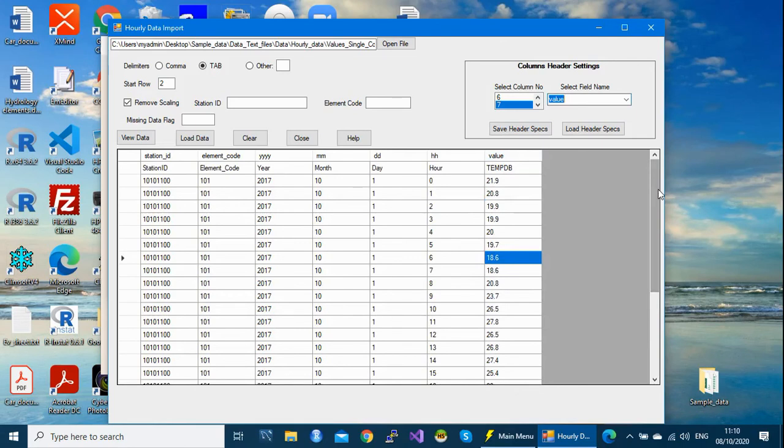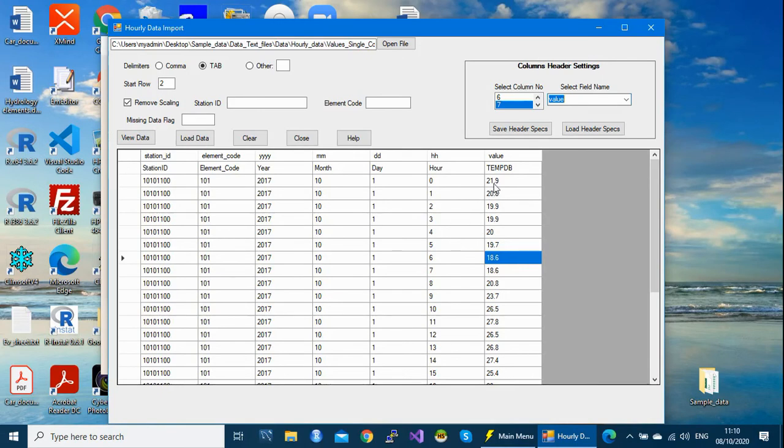Now you need to save the headers because you can have another type of file that you want to import again. In this case, you will not define it again the way we are doing here. You will just apply the header on top.